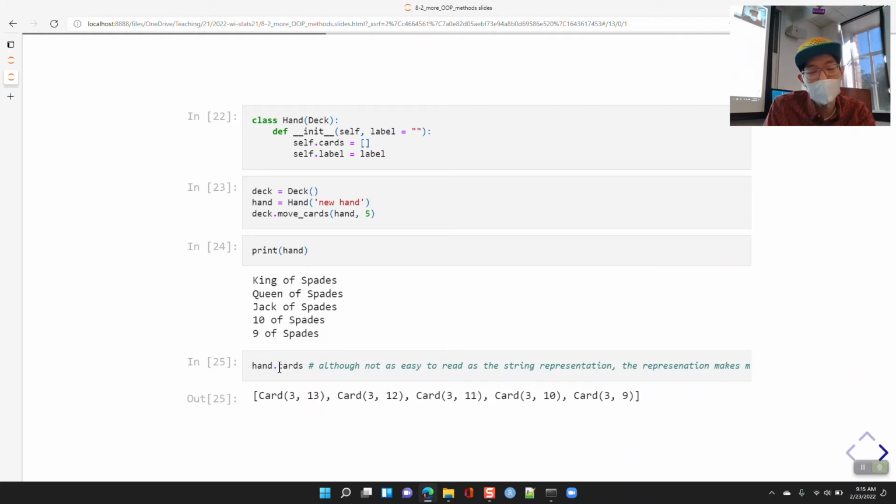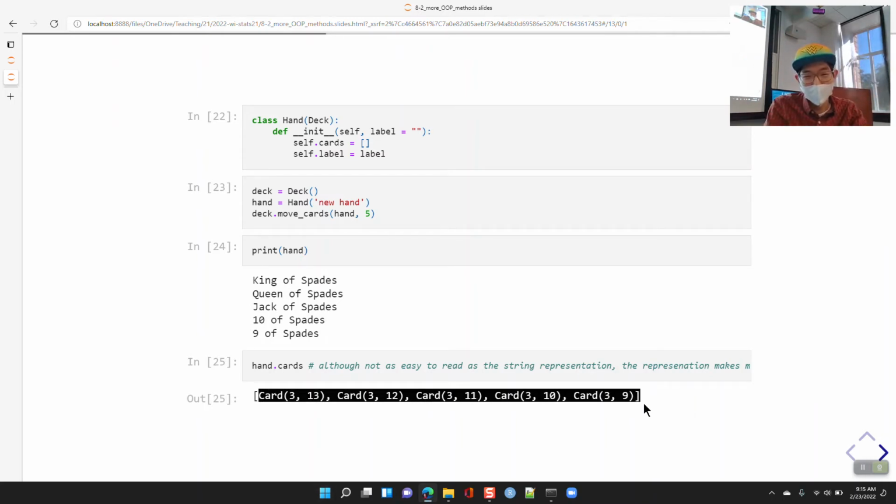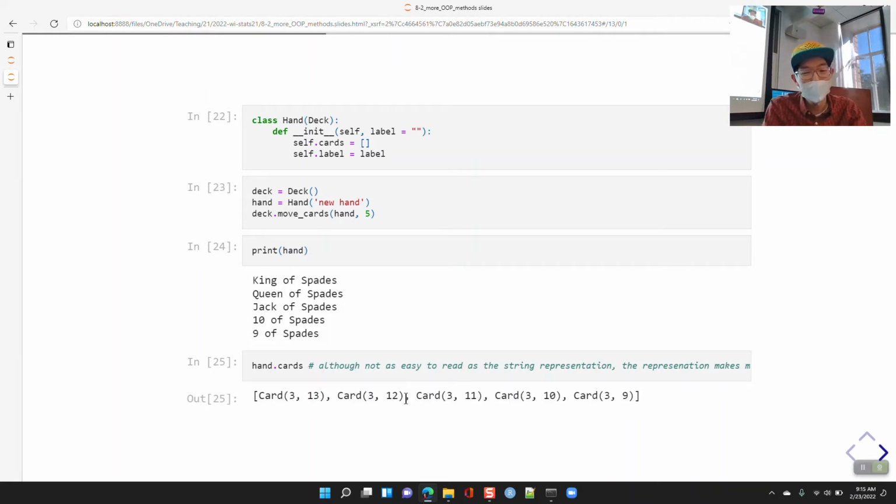And then if I do hand.cards, rather than a list of all these __main__.Card at this location in memory, now I have basically a list of the card representations here. Okay, the representation: Card(3, 13), Card(3, 12), Card(3, 11), Card(3, 10), Card(3, 9). Okay, versus